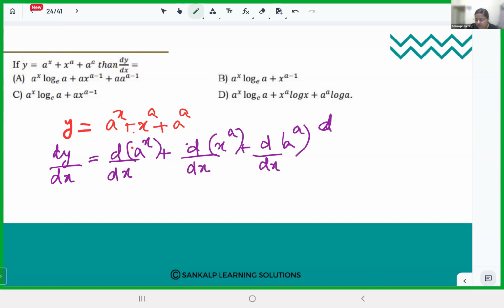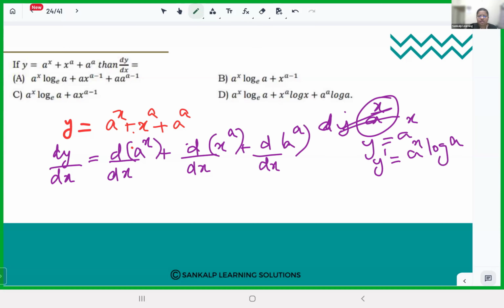And what is the derivative of a raised x? If y equal to a raised x, what is dy by dx? It is a raised x log a, right? So here the first one will be a raised x log a